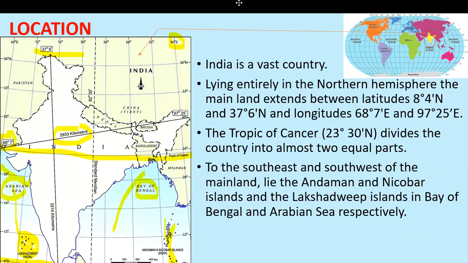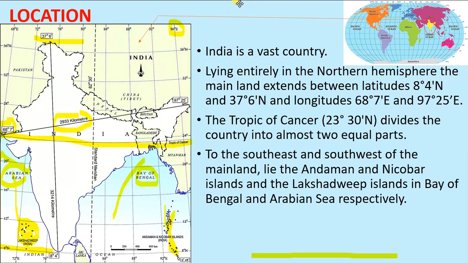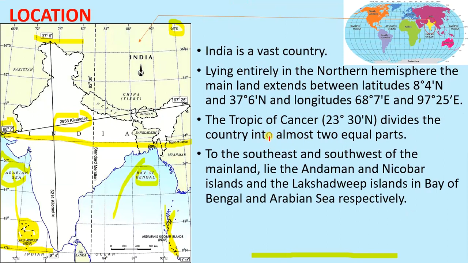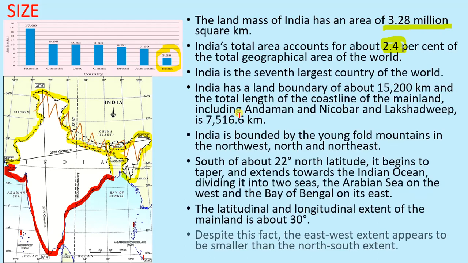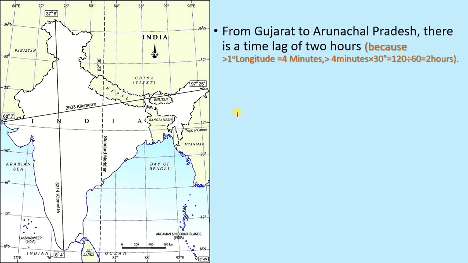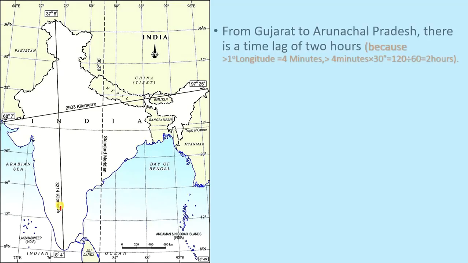And this is the reason why India has that difference in kilometers. The degrees are the same, but there is a difference in kilometers. So I hope, students, you understood this concept. Now it is clear. This kilometer is 2,933 and 3,214 kilometers. Now see the next point.